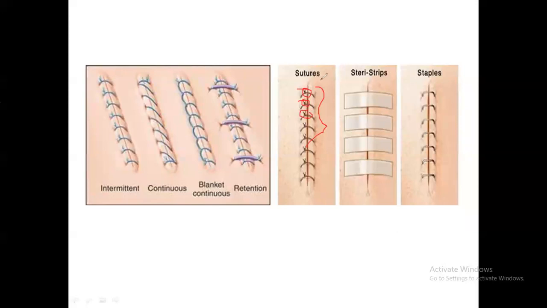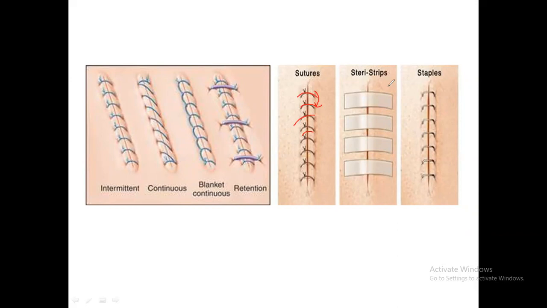Intermittent. In intermittent, you stitch one by one. You have tied a knot, then you will cut it again. Then again you will stitch it, and then you will put a knot, and again you will cut it. One by one you used to suture. One done, two, then the next one. You are not going to go continuously. It is not continuous at all. You will do one after another. And steri strip is what? It is some kind of material, like a sellotape, which is used to bind the tissues.